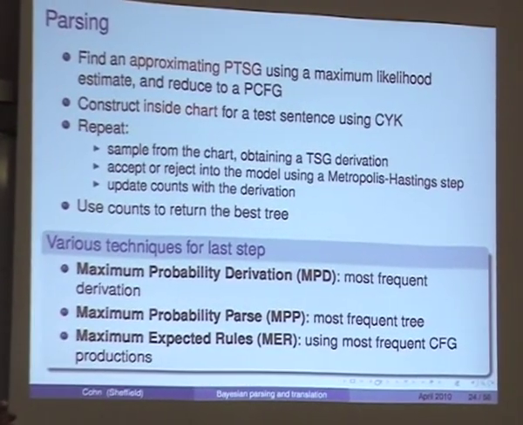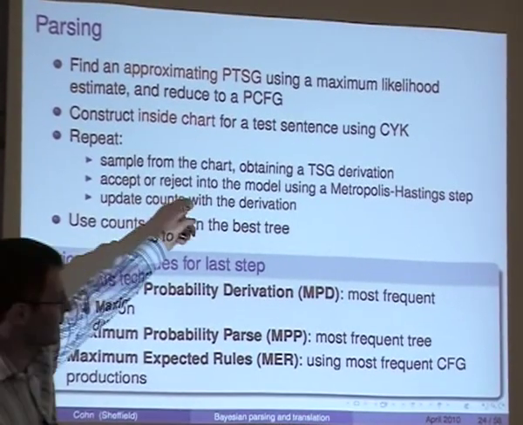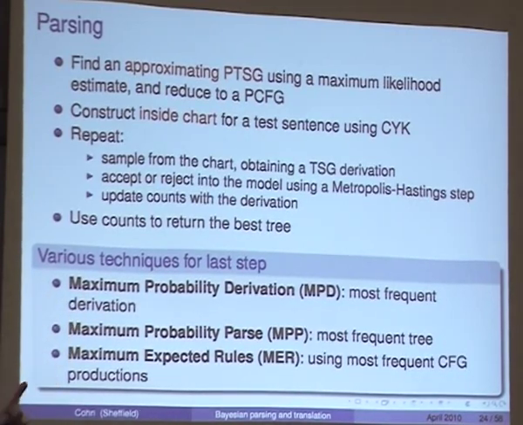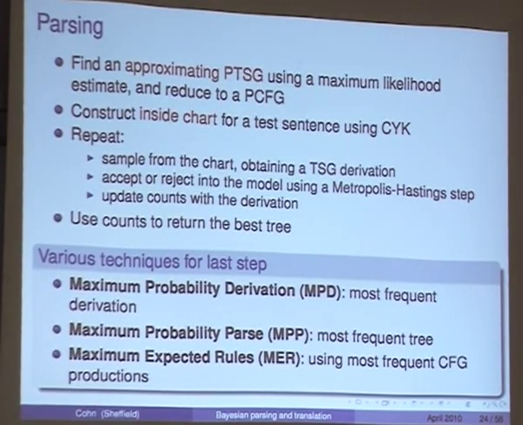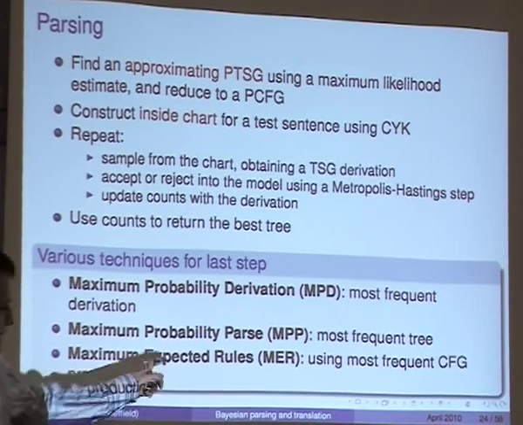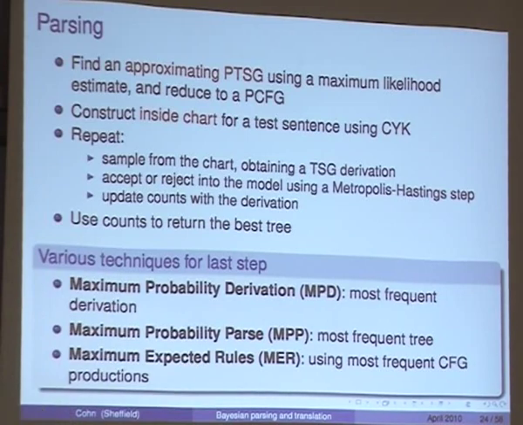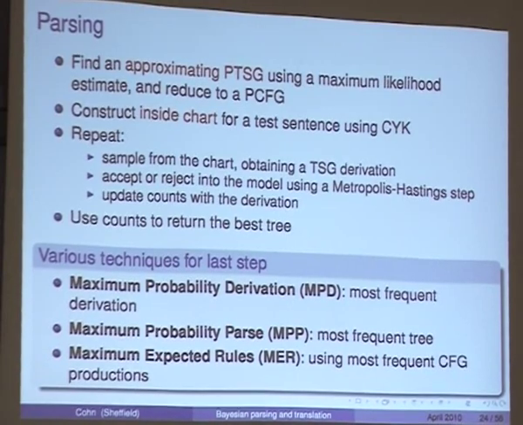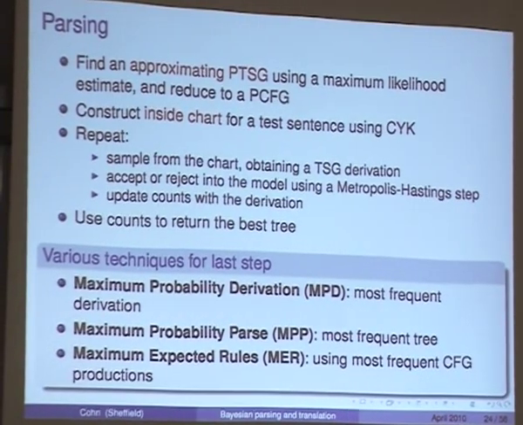The idea is that when we're compiling our statistics, we look at the CFG productions that were used in the tree. So if its top level rule was to rewrite S as NP-VP, we record that as a statistic. And we do that for all the different spans of the string. Then we glue them together to find a tree that combines all the really popular CFG productions together. This is a variant on Goodman's approach for parsing.